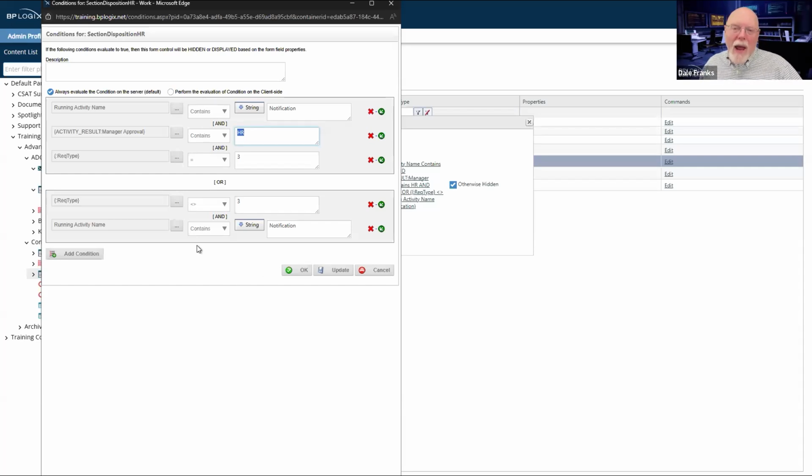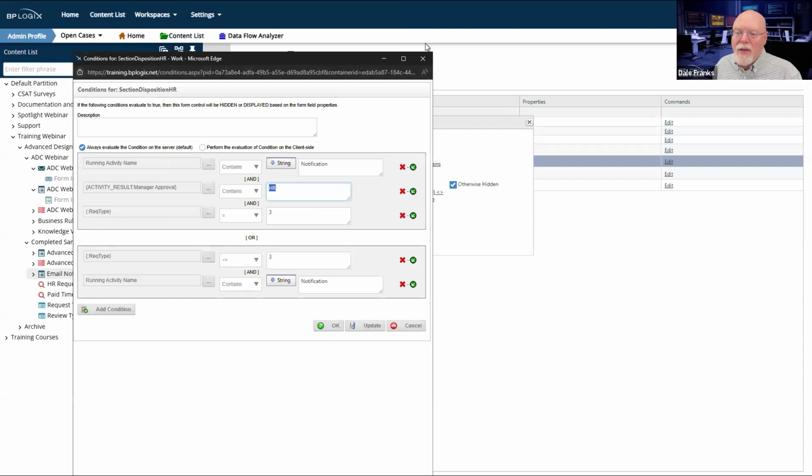So based on where I am in the process and what happened prior to, I'm going to get this HR notification, and even though it's a more complex condition, it's going to run more generally. It's going to run for everything except for the one case where the manager resolved everything locally.